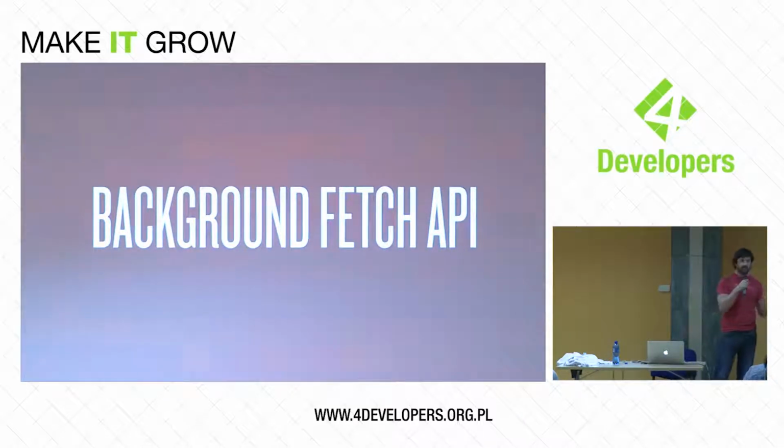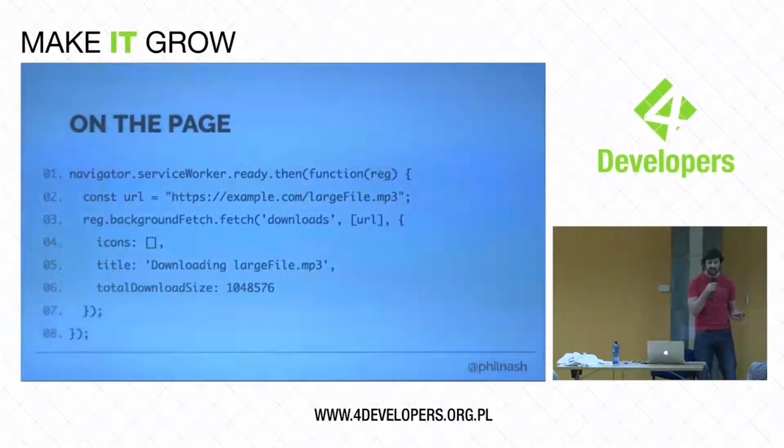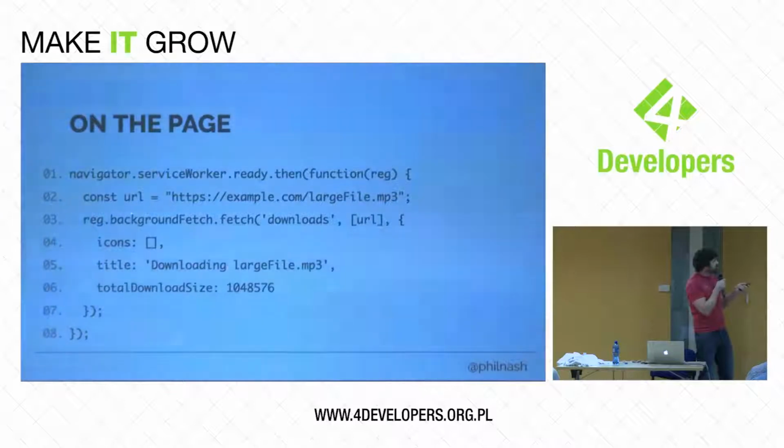Ability to run large downloads in the background in this particular case. So this is so that you can build kind of a large media site, for example. And if you want people to download MP3s for podcasts or MP4 videos, things like that, then you can use the background fetch API and call fetch on it. This is still being worked on. When I say released, I mean behind a flag and only 3 days ago. So this is kind of new. This is why I'm looking at it as well. I just found out this morning.